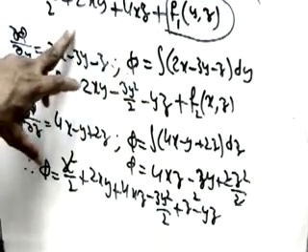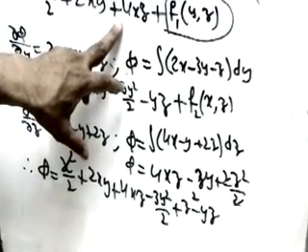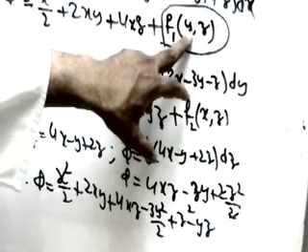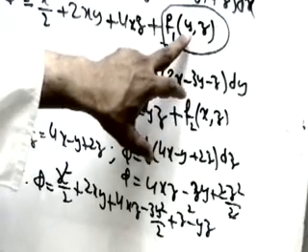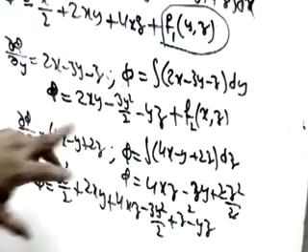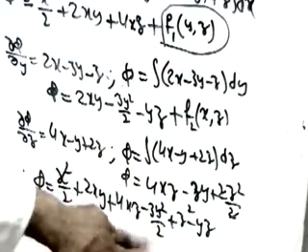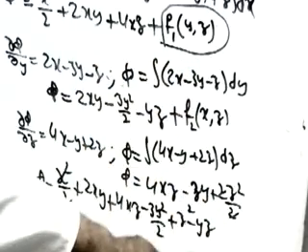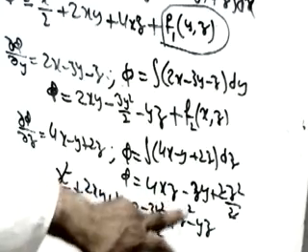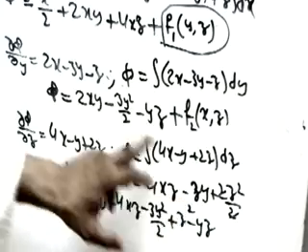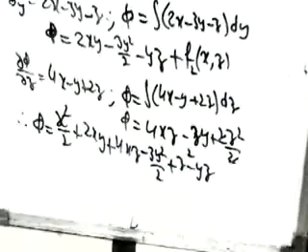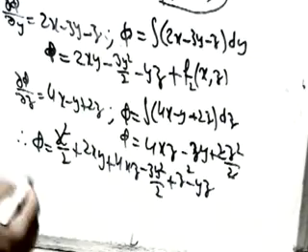Once more I will explain. First you write x squared by 2 plus 2xy plus 4xz. After that we have to write the terms of y, of z, and of yz. The term of y is minus 3y squared by 2, the term of z is z squared by 2, and the term of yz is minus yz. You should not write it twice, just write one minus yz. So this is the answer. Therefore we can write it like this also.